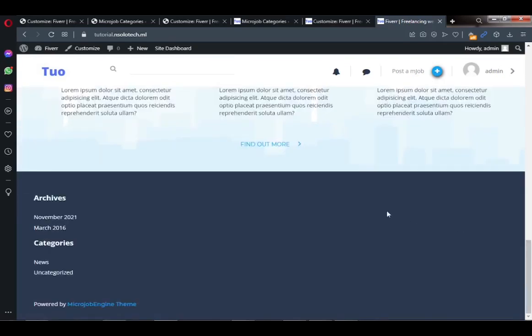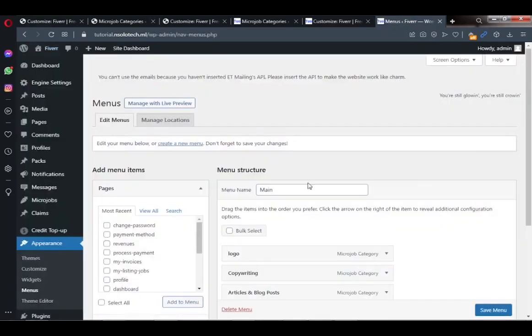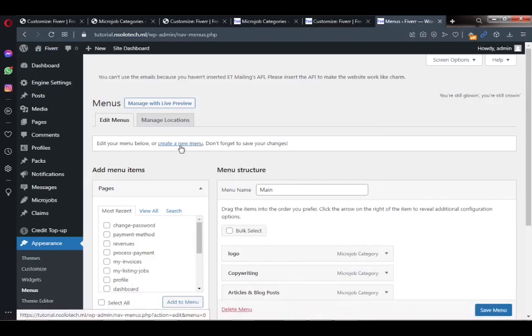So what I want you to do is to go ahead and create menus inside of your dashboard. So we go to dashboard and then click on that, or you can just click on menus. Okay, just click on menus. After clicking on menus, please make sure you click on create a new menu. Okay, create a new menu,